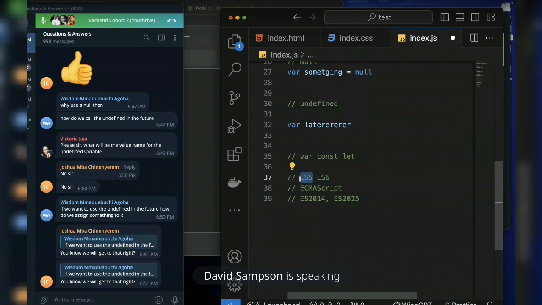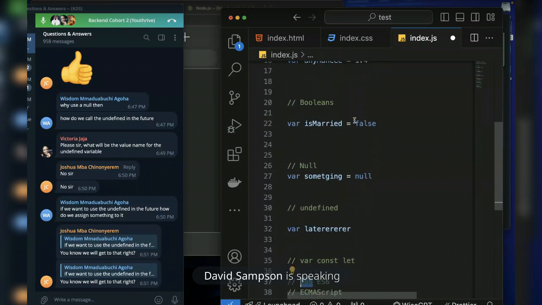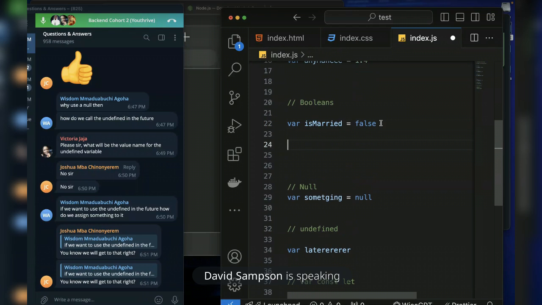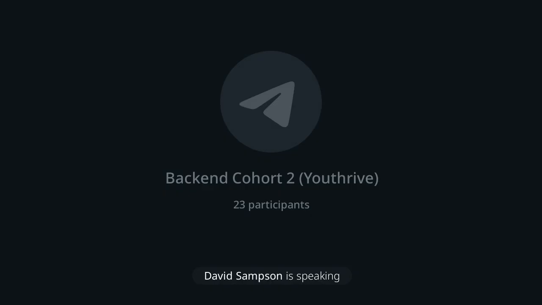The next thing is the var keyword can be changed at any time. Let's say I'm working on a project and the project can take 3 months to finish. The first day, I have declared a variable called isMarried and I assign it to be false. Maybe 2 weeks or maybe 1 month later, I have forgotten that I named the variable isMarried because, of course, the code base can get up to 1,000 lines. I have forgotten that I've created the variable called isMarried. But if I decide to create another variable again called isMarried,